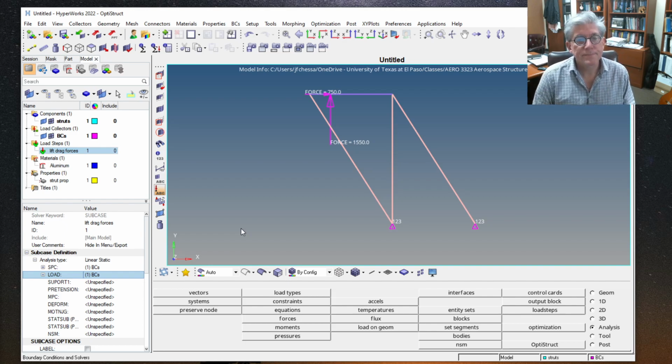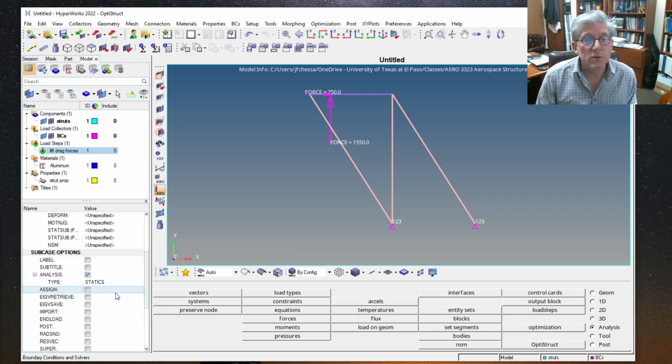All right. And the last thing we're going to do, just because we want to see the forces, it doesn't default write these out. We're going to actually have the analysis explicitly write out the forces in each one of these elements. Okay. By default, it actually just writes out the stresses, but we want to see the actual forces in each element. Okay. So to do that, we're going to scroll down here a little bit,